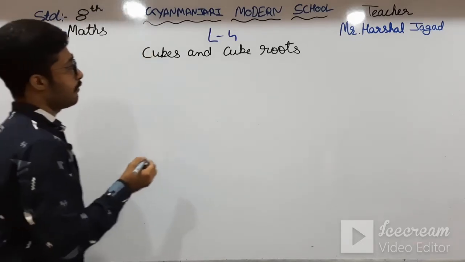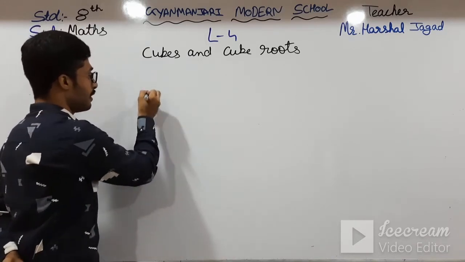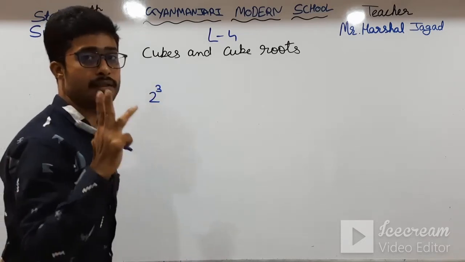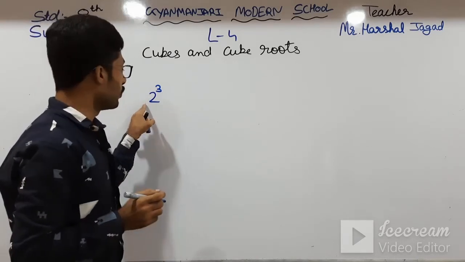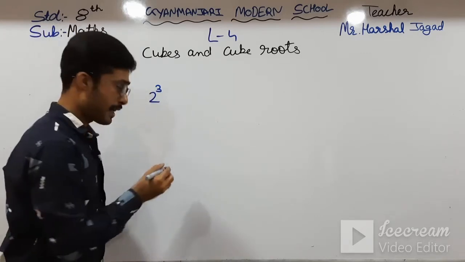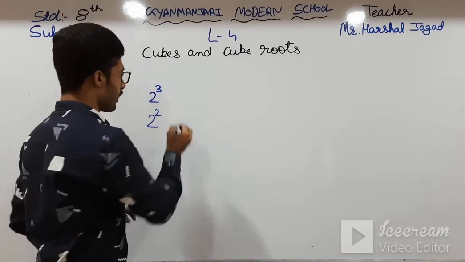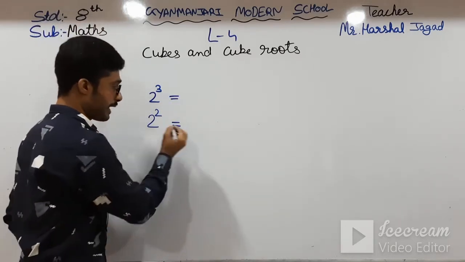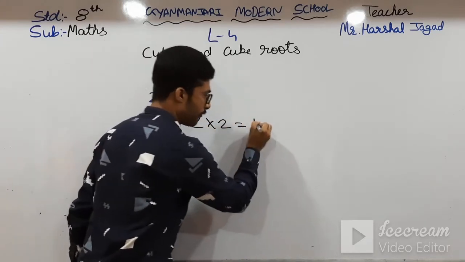Okay. First of all, what is cubes and cube roots? First, we will see the cubes. See here. Cubes means the power to the 3. Means if I have to do 2 cube, then raised to power 3. In square, what we do? 2 raised to 2, power 2. Okay, students? In square, you multiply 2 with 2, that is 2 2s are 4.